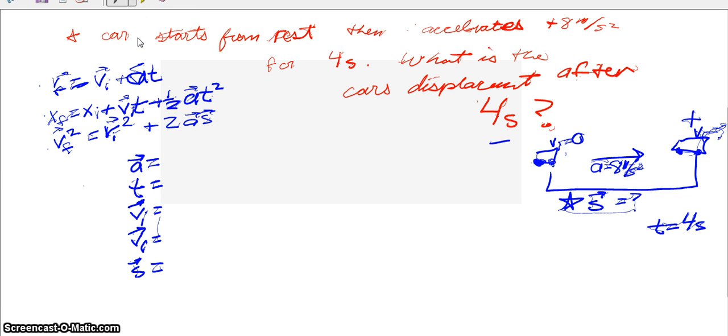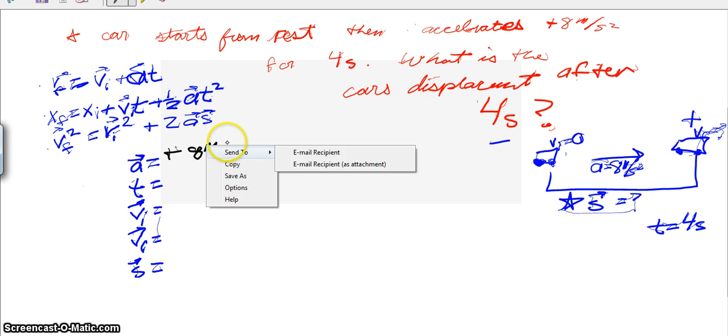Okay, anyway, and this works for all problems that you can do kinematics with. It even works in 2 dimensions, you will see soon. First, do I know my acceleration? Well, yes, I do. It is 8, and I might write the positive here because I don't have that arrow. Positive 8,